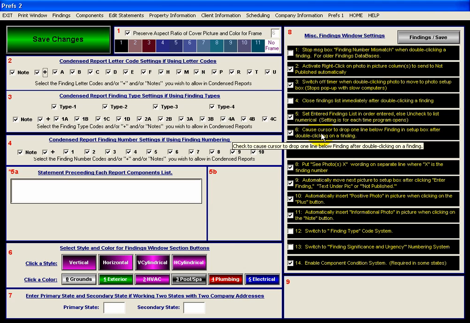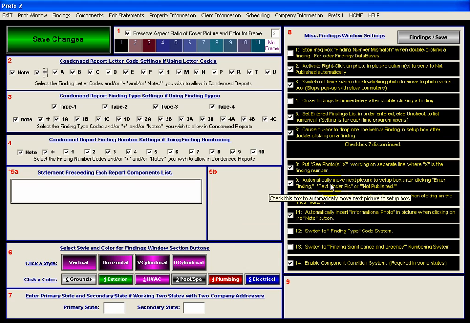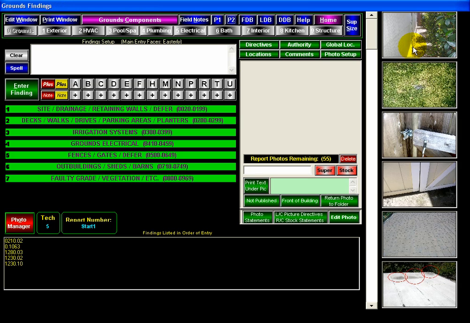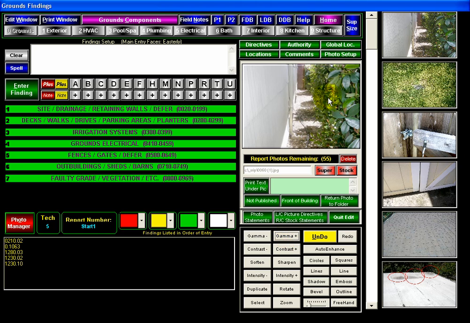Let's see, we've got cards should stop one finding photos, double clicking and finding. We've actually got one down here, this one right here: automatically move next picture to setup box after clicking enter finding, text center picture or not pictured. So I'm going to go ahead and click that, and I'm going to hit save changes. Once that turns green, if I go back now to the findings, once I click this over, and once I bring it up,